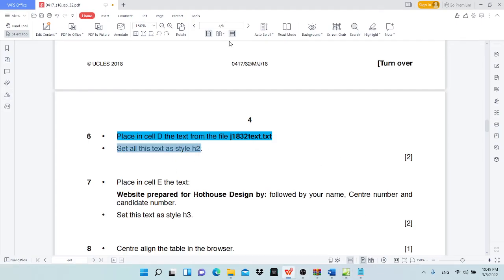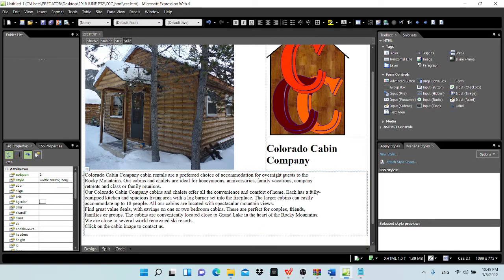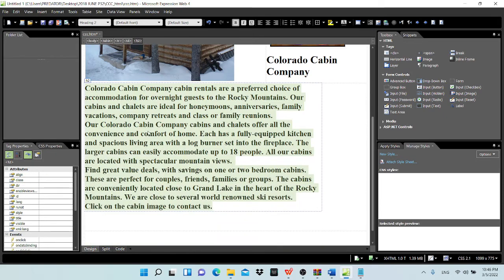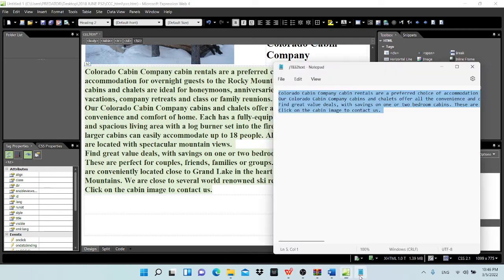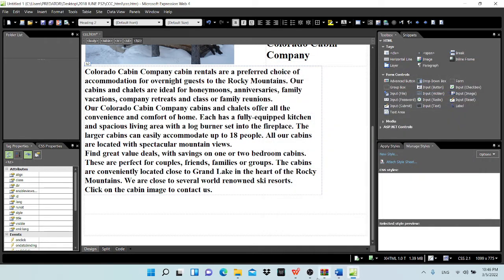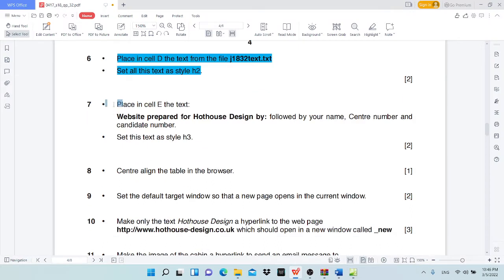And then next, set all the text to H2. So here, all the text, meaning this one, you highlight all and then set to H2. Okay, the next one, this one is closed, and then the next one is place in cell B the text called,